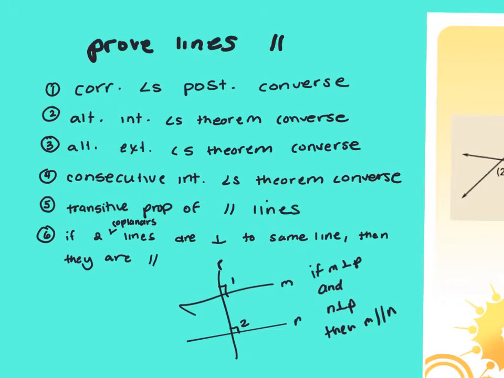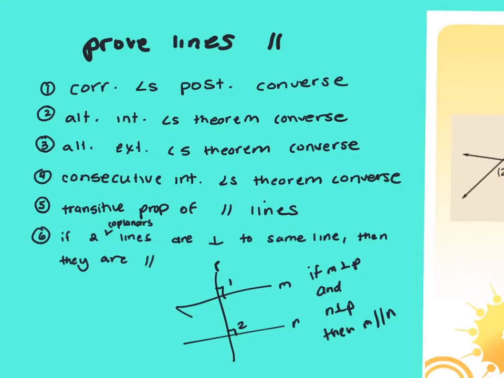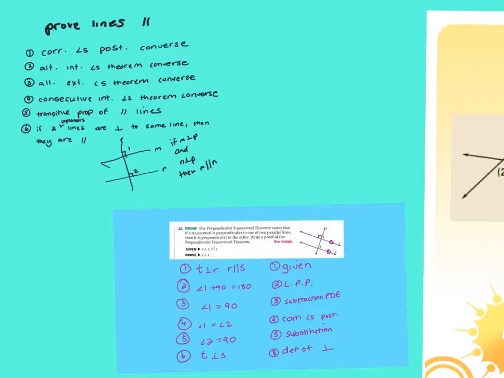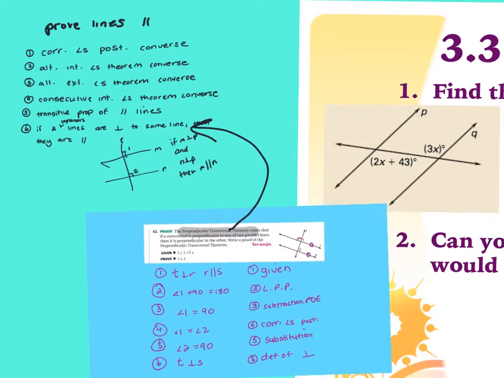What is 6 called though? It's called the perpendicular transversal theorem. If you look, this is what that is. So this is called the perpendicular transversal theorem. This is that last one. All right, so let's go back to